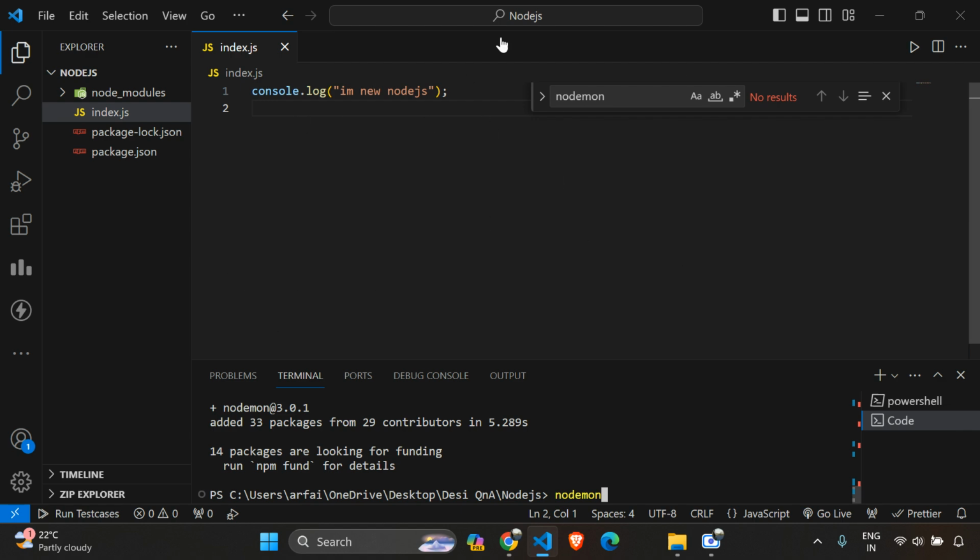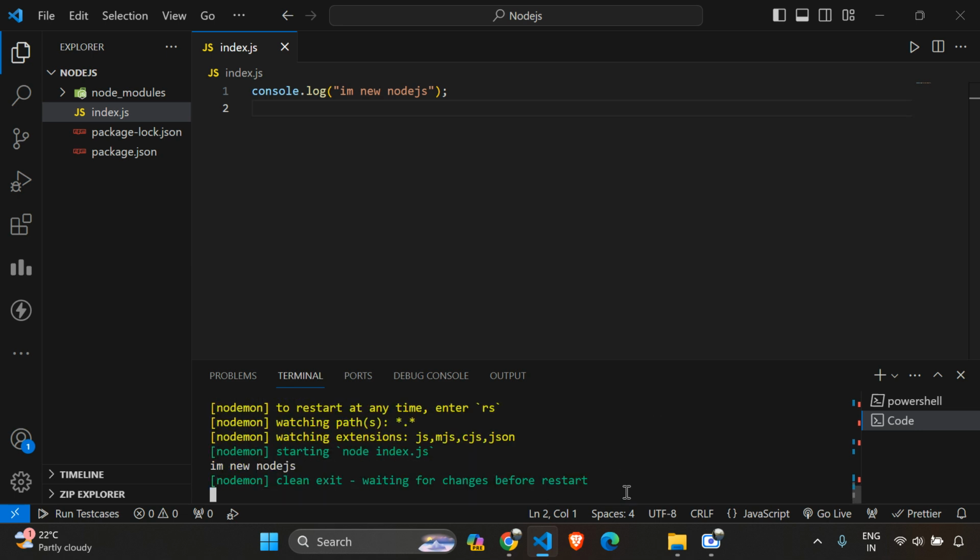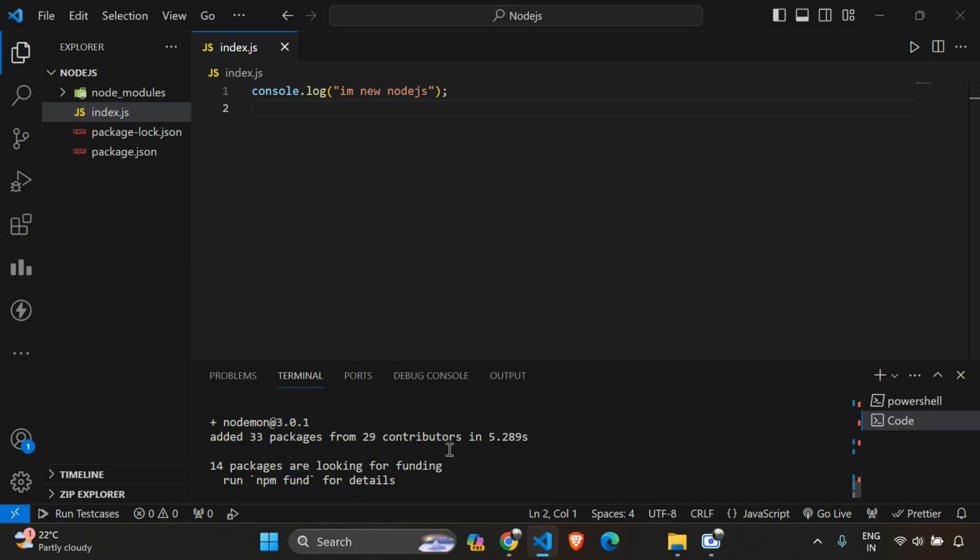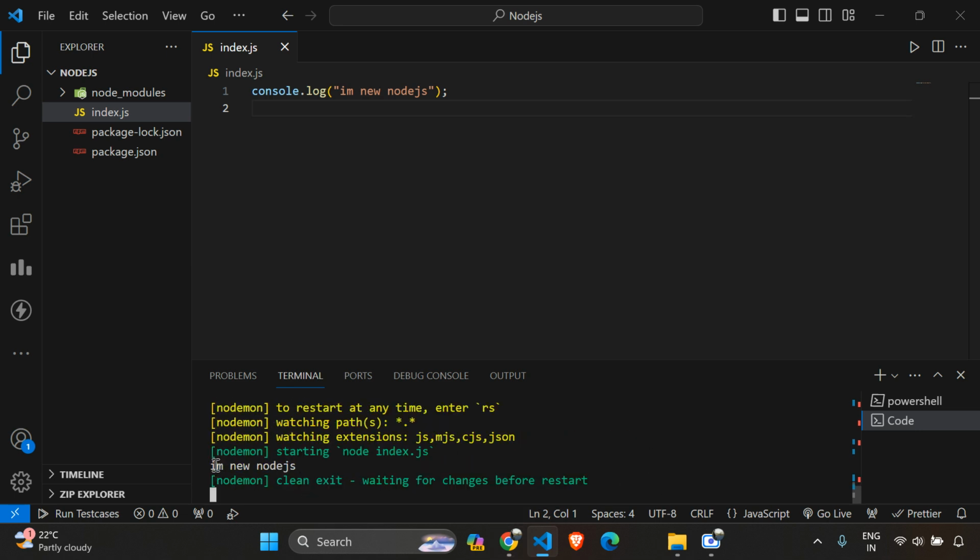Let's call this our development server. This index.js is the small development server that we have built. Here I will start it using nodemon index.js, and you can see our development server has been started, and "I'm new node.js" can be seen over here.